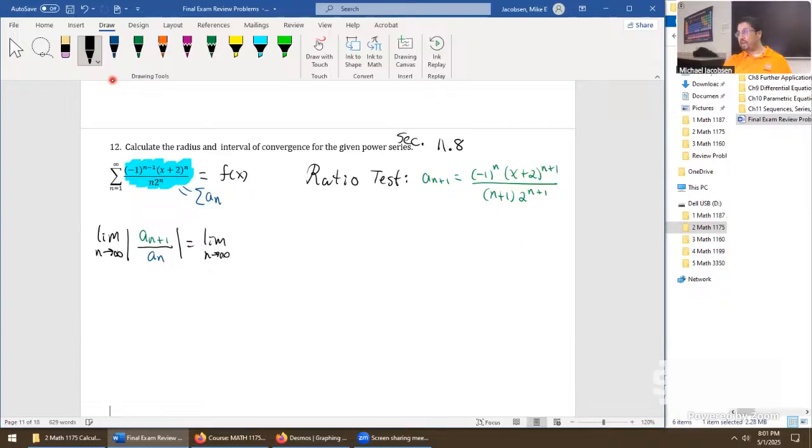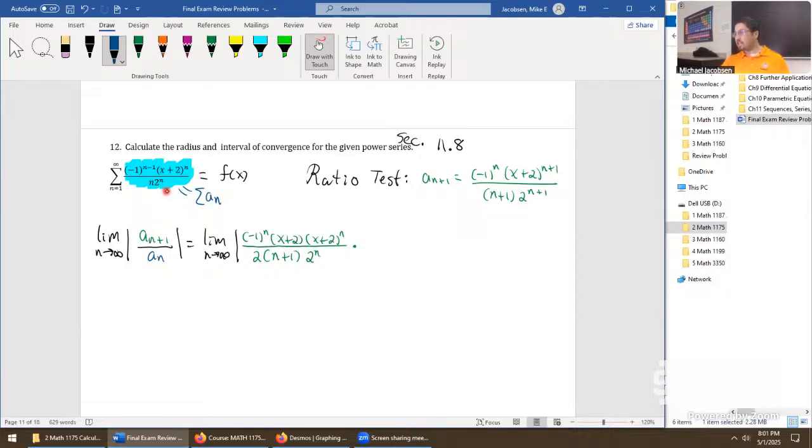Next thing we have to do is very carefully write out this. This is really the major step right on this line right here. First, I'm going to do a slight amount of factoring. (-1) power of n, x plus 2 factored, leaving (x plus 2) power of n. I'm going to leave n+1 as it is, but let's factor that too: 2 times (n+1) times 2 power of n. And that takes care of an+1. The biggest danger about this, like we mentioned, is there's lots of factors. So just make sure you carry in all the stuff in both spots, and when you cancel, you don't leave anything behind.